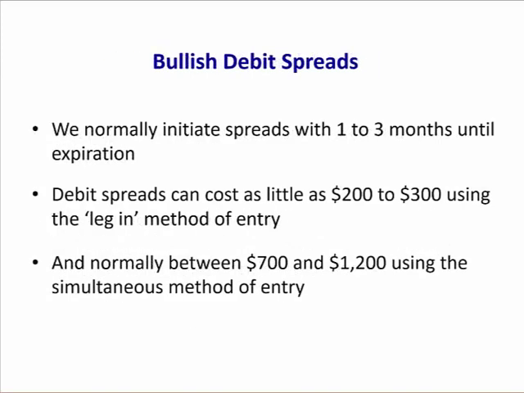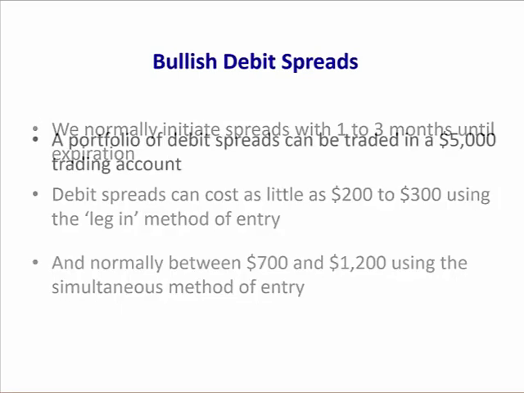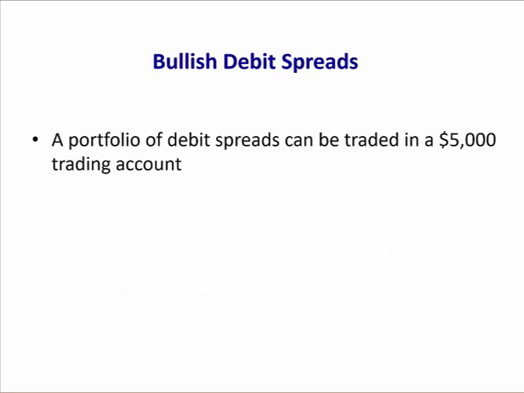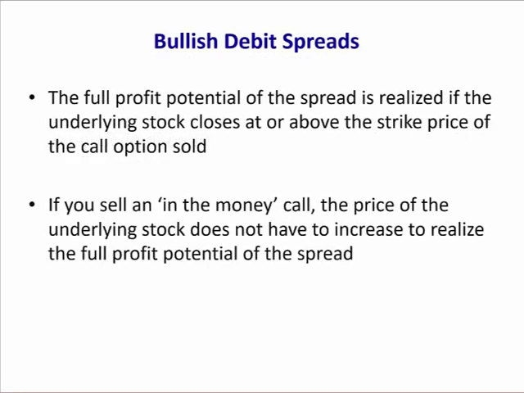So we normally initiate spreads with 1 to 3 months until expiration, and debit spreads can cost as little as $200 to $300 using the leg-in method of entry, and normally they cost between $700 and $1,200 using the simultaneous method of entry. And you can trade a portfolio of debit spreads in a $5,000 trading account,